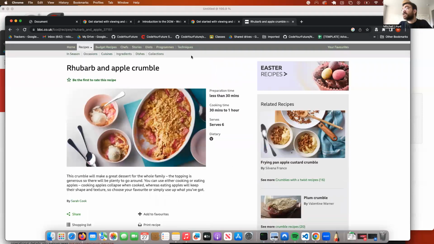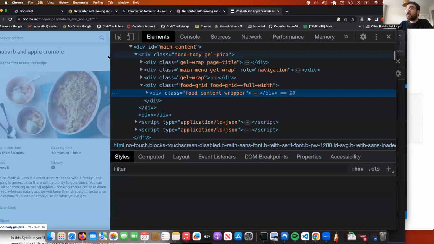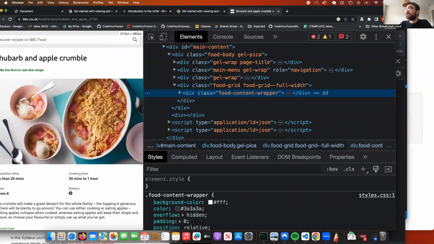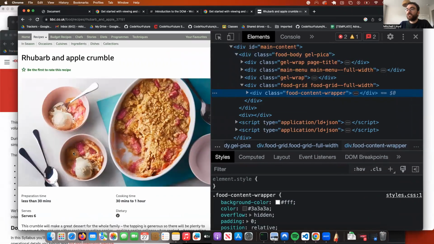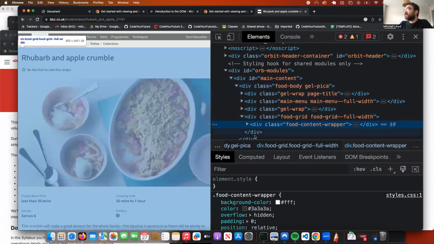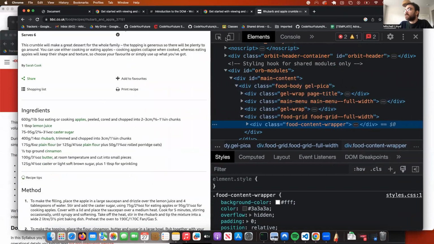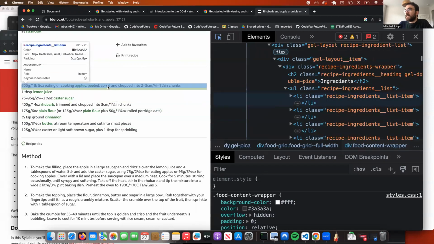But the other thing I can do is inspect as before. This time I'm using BBC's website, but there's no reason why I can't hit inspect and use Chrome DevTools to inspect the document object model that gets generated by the browser when this HTML is loaded into Chrome. Scrolling around through here, I could look at the main content. I could also have a look at some of these things down here. So what you're seeing here is a